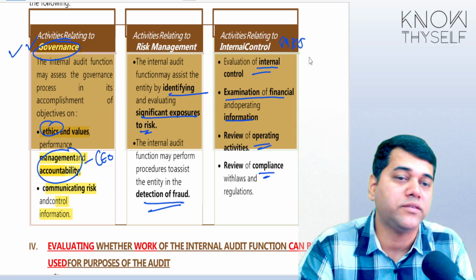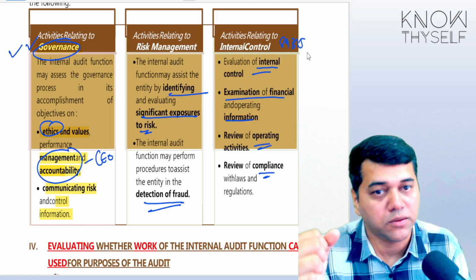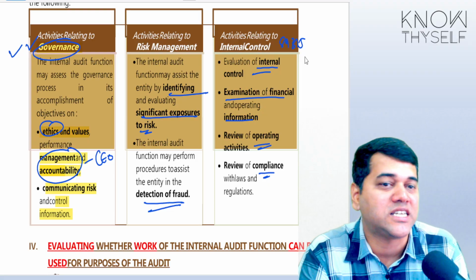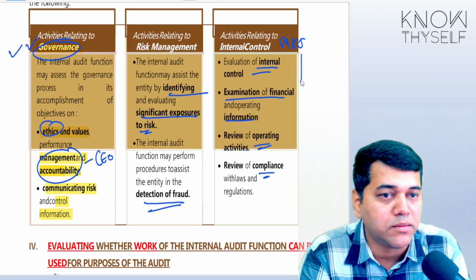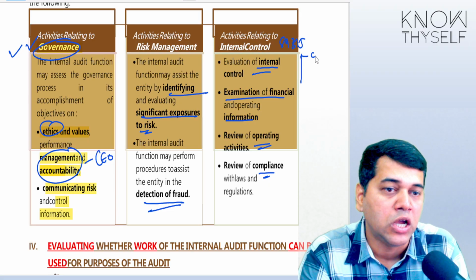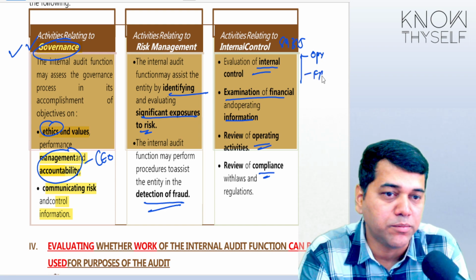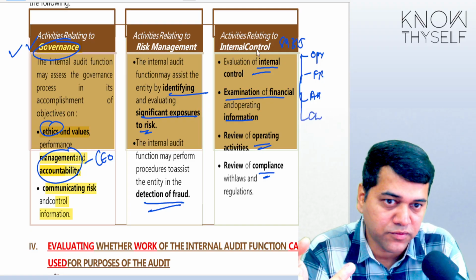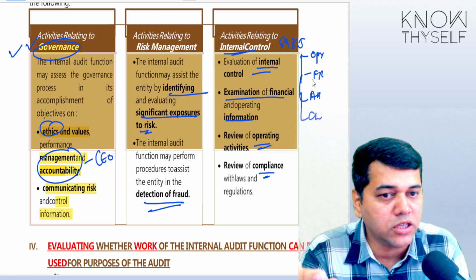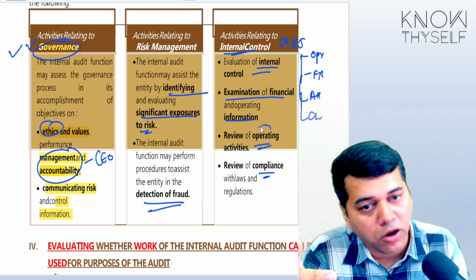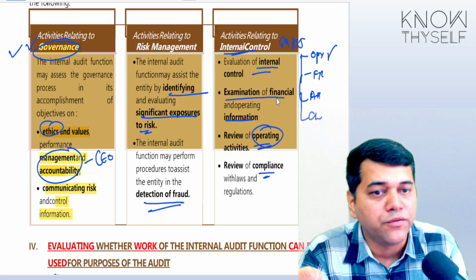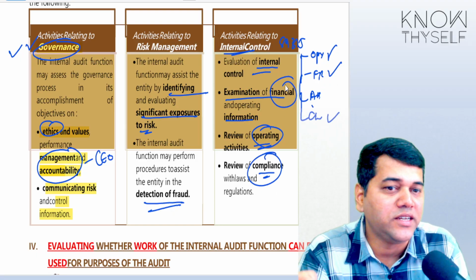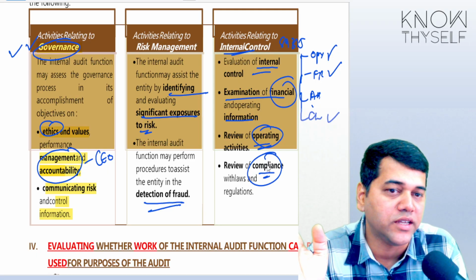When you talk about SA 315, one question comes, which we will discuss in chapter number 4 also. In which areas will you establish internal control? Generally, you will establish internal control for 4 areas: operations, financial reporting, asset safeguarding, compliance with the law. These are the 4 areas you need to have, like operating activities review, financial information review, compliance review. Asset information is missing here, asset safeguarding is missing.